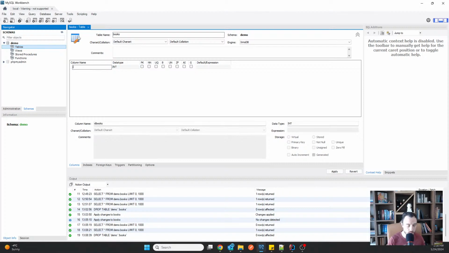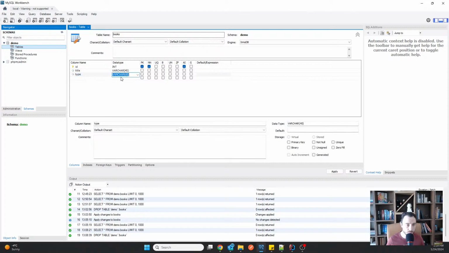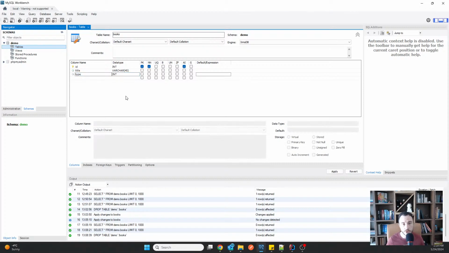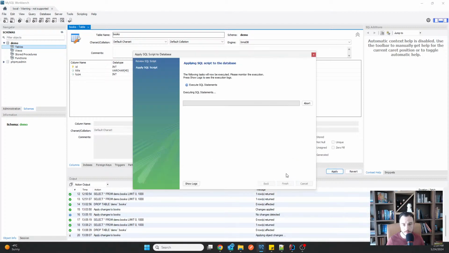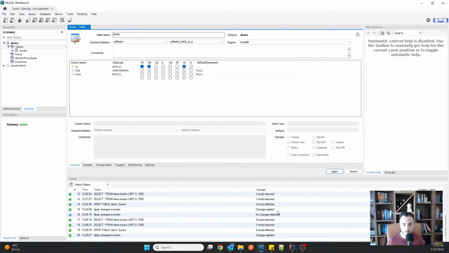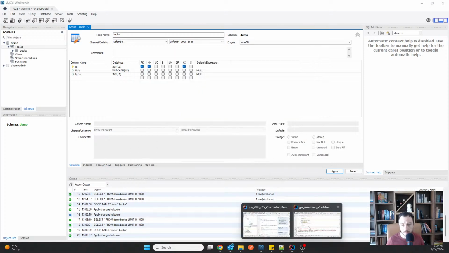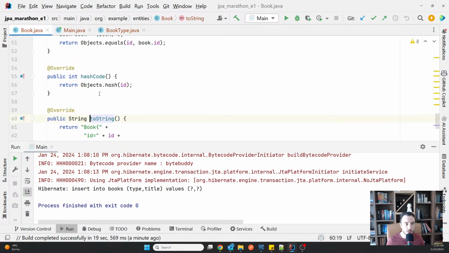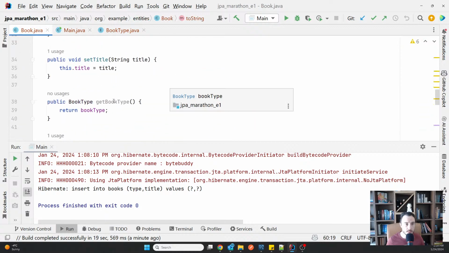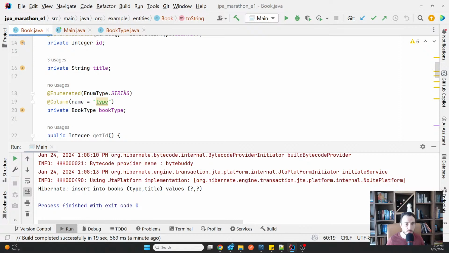So again, books, ID, auto increment, title, and then type again, but this time type will be an int. It's still an enumeration, but it's an int. And now I'm going to change in the book, and I'm going to say that this is reflected not by the string, but by the ordinal.